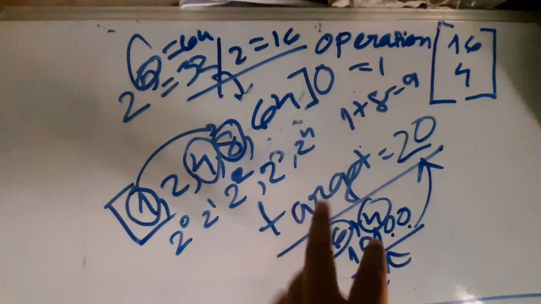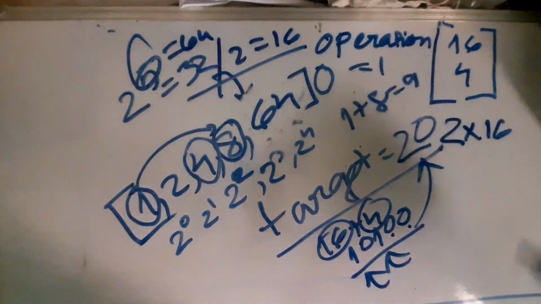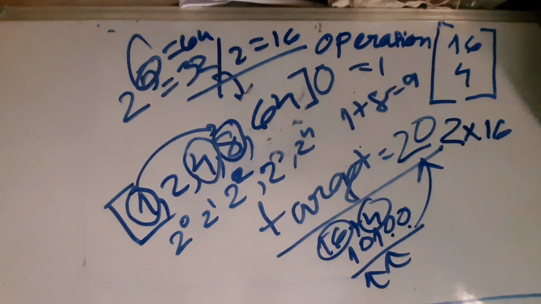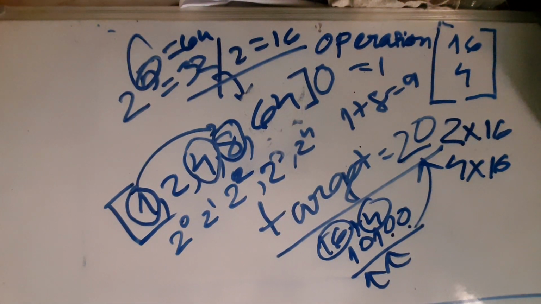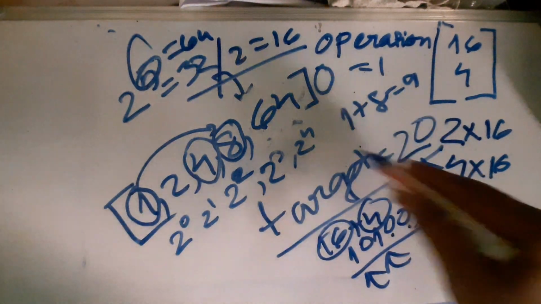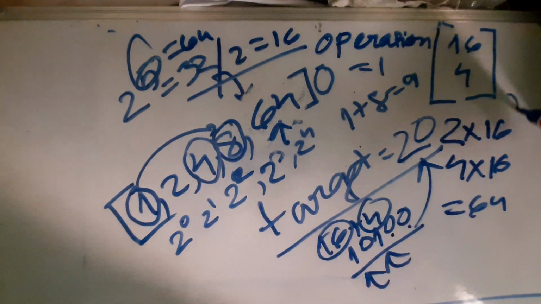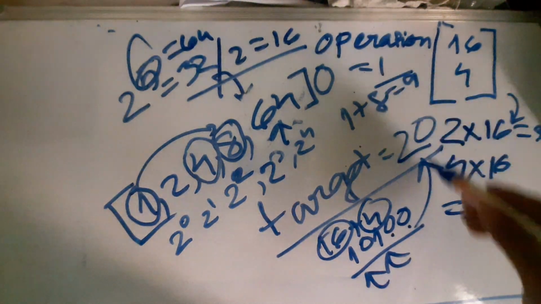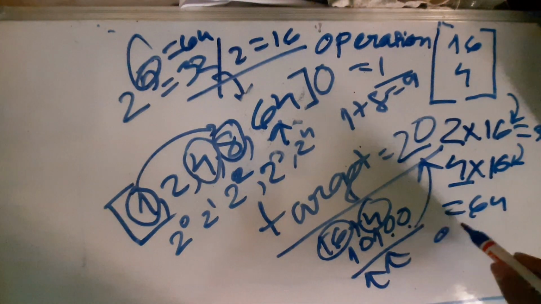We'll be checking, okay, is 2 into 16 there? No, 2 into 16 is also not there. Okay, what about 4 into 16? Is 4 into 16 there? Yes, 4 into 16 is equal to 64, and that is there. So 4 into 16 is there. Okay, so if we would have found 32, that is 2 into 16, then our operation should be 1. But as we have found it by multiplying by 4, so our operation will be nothing but